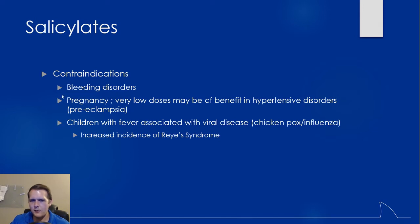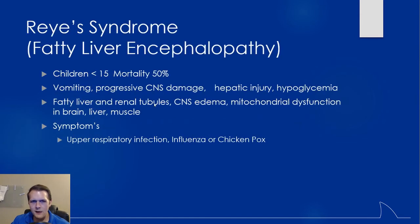And then the other big thing you have to watch out for is what they call Reye's syndrome. This is where basically if you give this to children who have had a recent viral illness, mainly influenza, chickenpox, etc., if you give this to them in the post-viral period, they can develop what they call Reye's syndrome. This is a potentially fatal complication of giving aspirin. You typically see this in kids less than 15 years of age, and if not treated aggressively, can have a